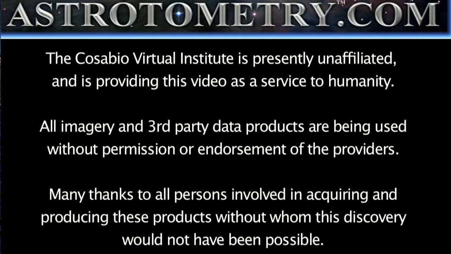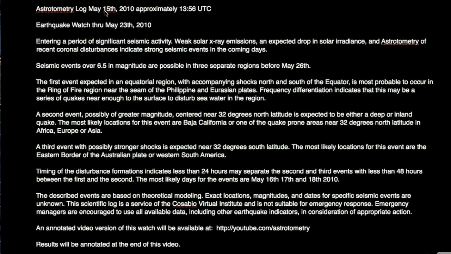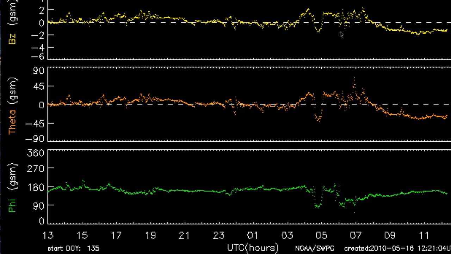Astrotometry log. It's May 16th, 2010. This log was started approximately 12:24 UTC. This is a follow-up on the May 15th, 2010 earthquake watch. And it looks like the geomagnetic activity